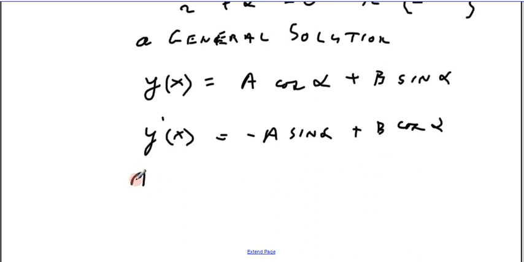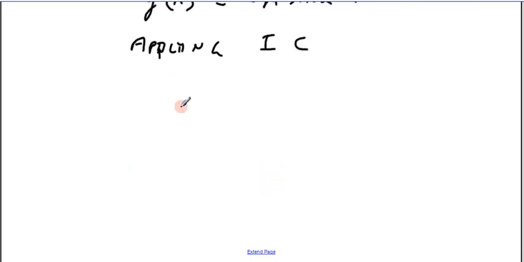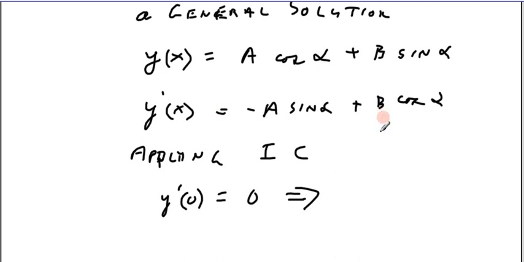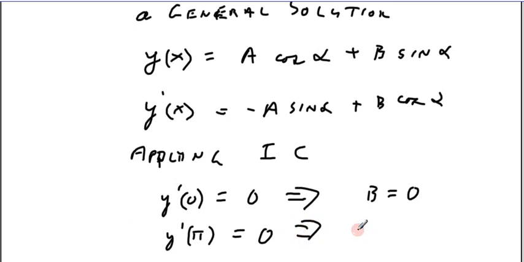Applying initial conditions. Alright, so if we do that, we have y prime at 0 equals 0, which implies what? Now, if y prime at 0 is 0, then b has to be 0. I don't have a choice. And y prime at pi is also 0. So if y prime at pi is 0, then that implies that